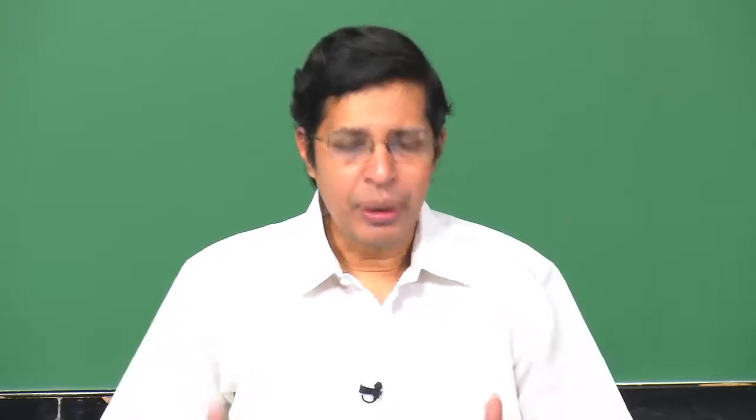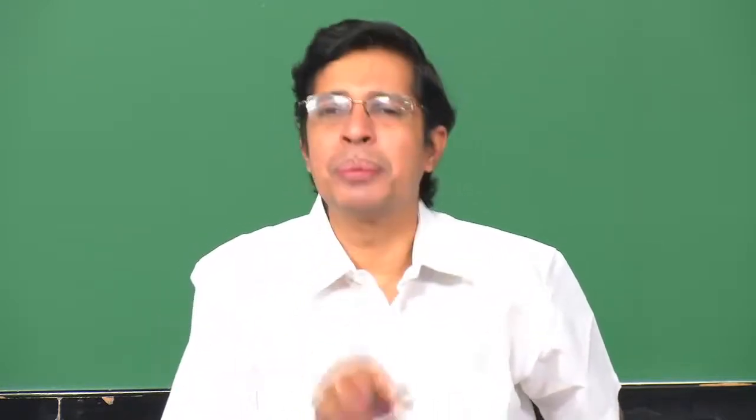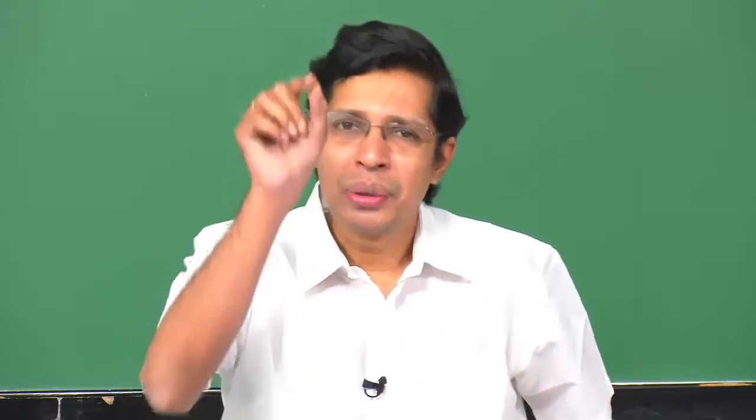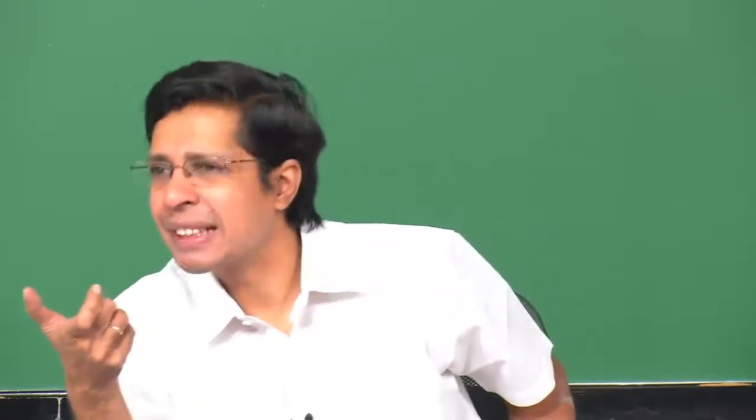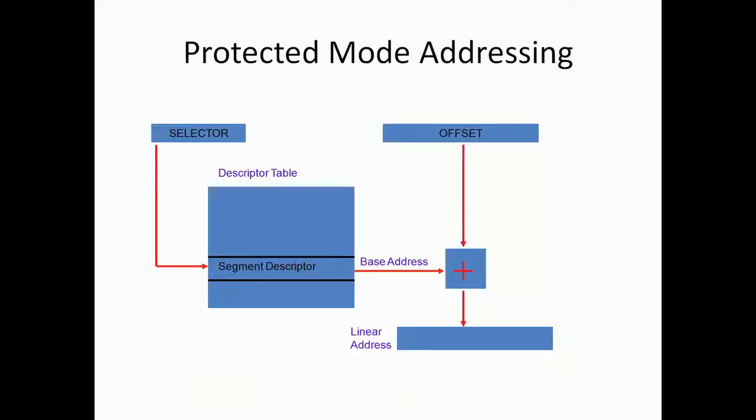So, when I look at a memory address, it has a segment register colon offset. That segment register will store the entry in the descriptor table, you go to that entry, there you will get the base address. That base address you add with this offset, you will get the actual address which is there in the memory. You are getting this? Should I repeat? So, this is called a linear address because now you are looking at the entire memory as one contiguous array of memory, correct.